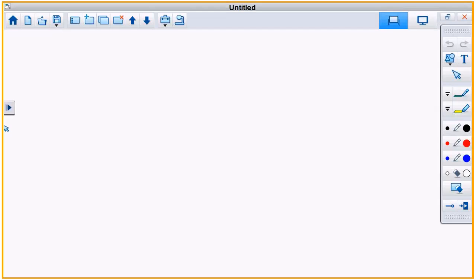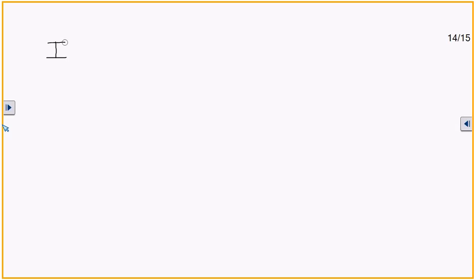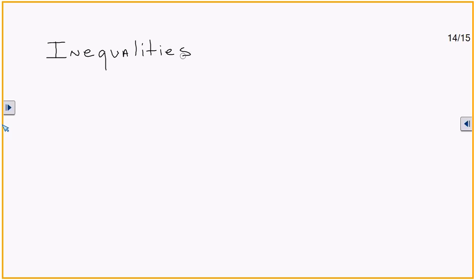Hello, and today we're going to look at inequalities. This will be a review of inequalities. And inequalities are not that difficult because you're used to solving equations. Now you're going to solve inequalities. And I'll explain the difference in just a minute, but I'm going to go ahead and write down the rules